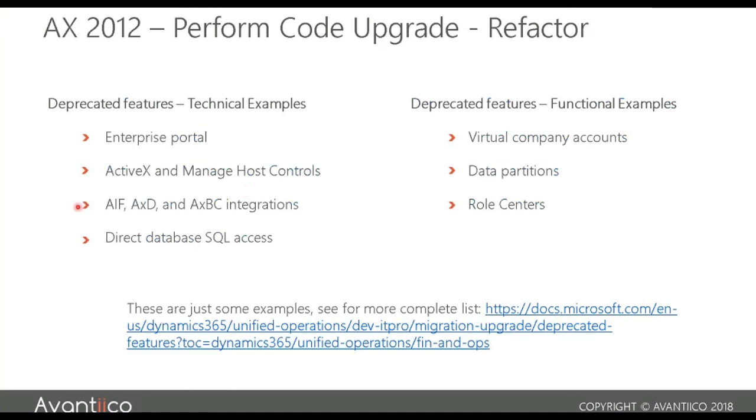It's important to note, though, yes, the AIF classes have gone and the AXD document-based integration code is gone, but the web services are still there. So if you're in 2012 and you have an AOS-hosted web service or web service group, that is upgradable and that is supported in 365. It's output as SOAP and now it's also outputted as JSON as well. So I think there's a little bit of confusion. People say, oh, AIF is deprecated, so there's no web service. That's not true. Web services are supported in 365.